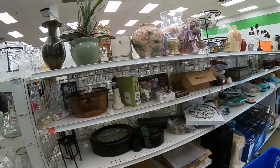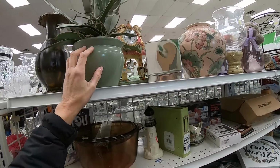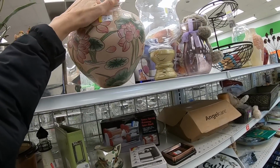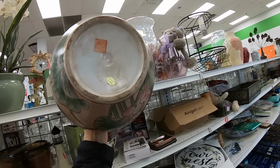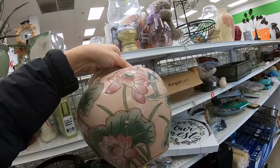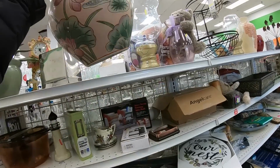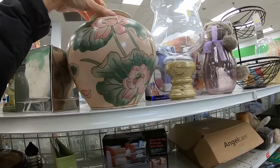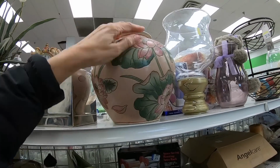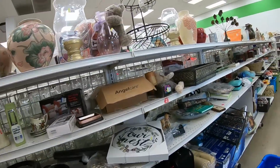So I'm just going to be very systematic today. We're going to start with aisle 1. It's a big orchid plant, kind of pretty. These vases always capture my attention, $5. I don't think they really do well. Okay, this is made in Macau, which is very interesting. Lily pads. If it had a frog on it, I would get it. But I see a lot of this type of thing. And to be truthful, I don't think it has a really high resale value. I'm going to have to keep an eye on that though. It is kind of pretty. Reminds me of the